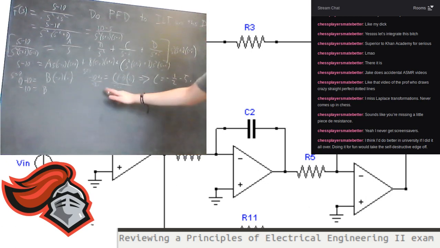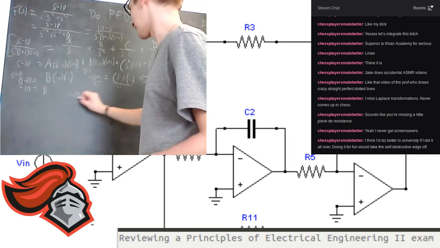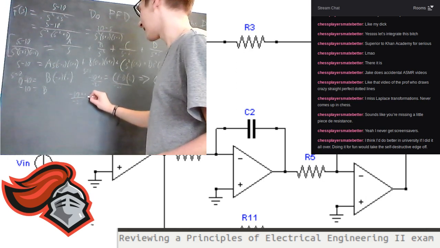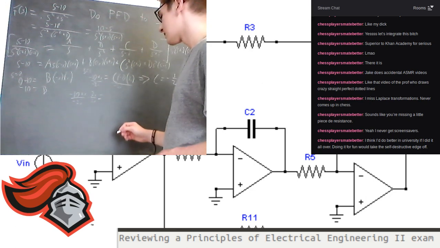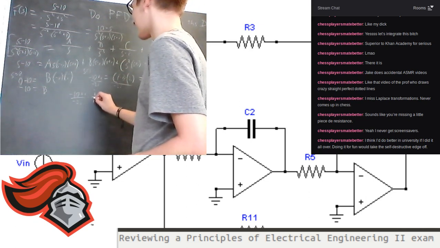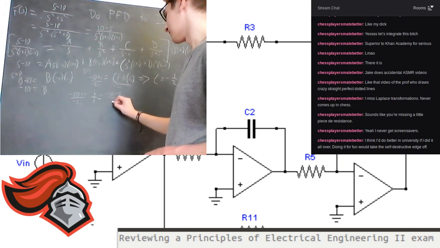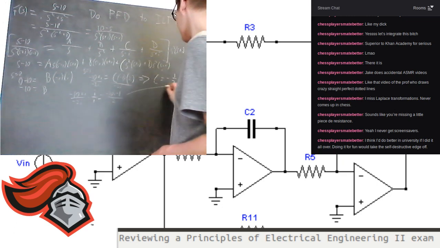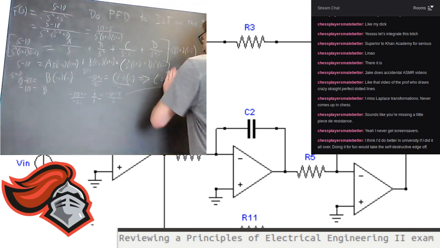If you need me to walk you through how I did that, all I did was I took -10 plus i over -2i, multiplied both the numerator and the denominator by i, not 2i. So this gives us -10i minus 1 over 2, which then leads to this homeboy right here. Cool. All right, now that that's settled,